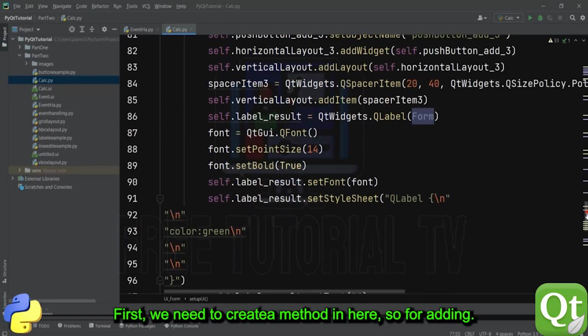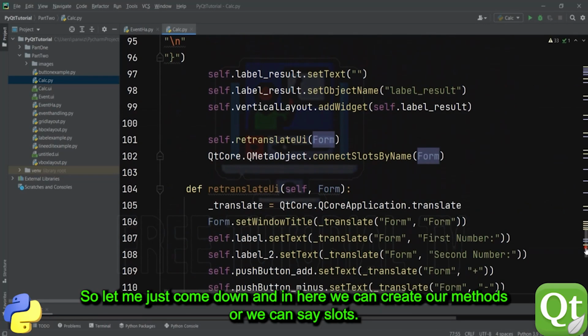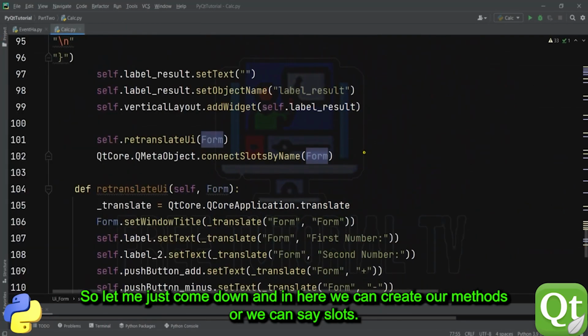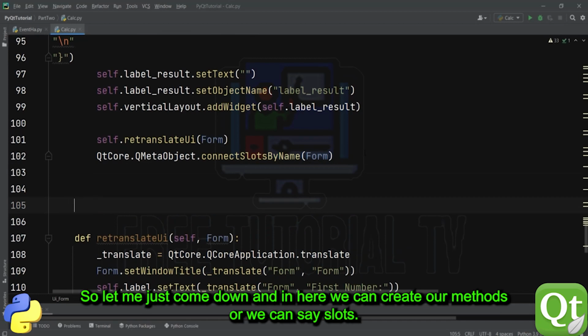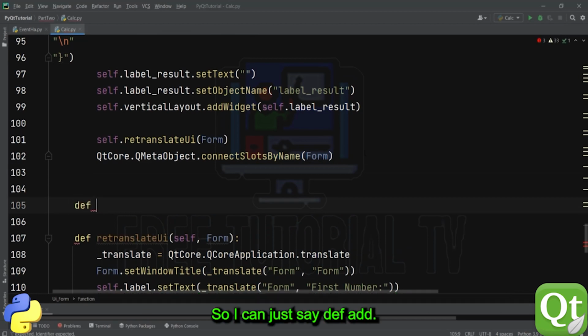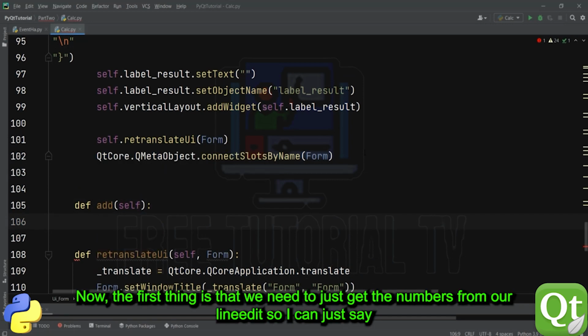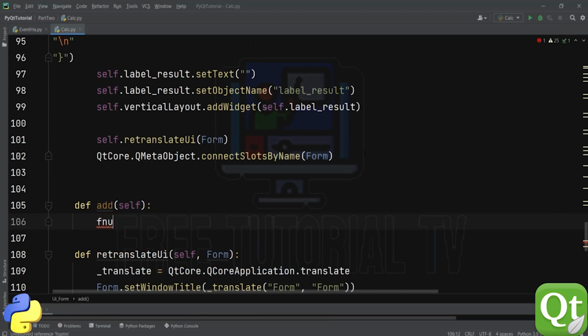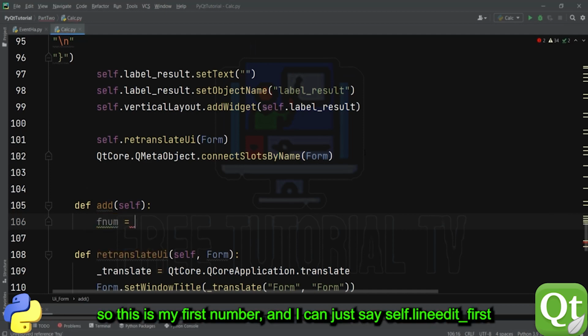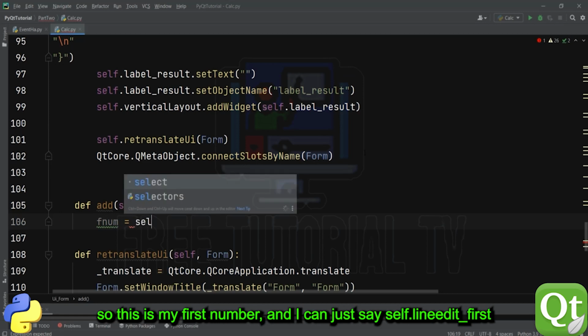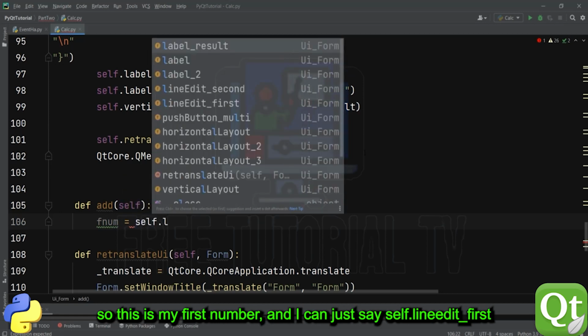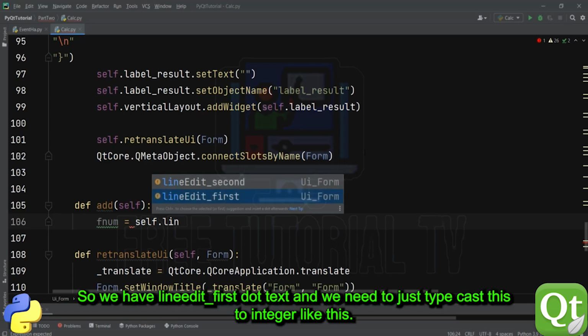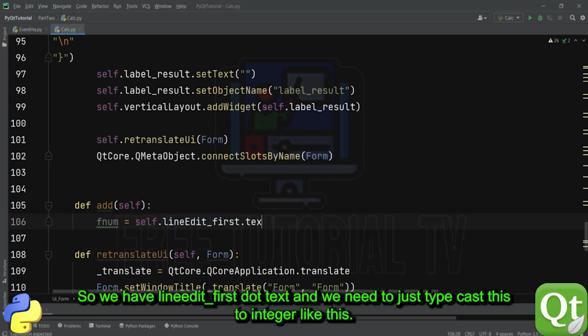First we need to create a method in here for adding. So let me just come down in here. We can create our method, or we say a slot, def add self. Now the first thing is that we need to just get the number from our line edit. So I can just say f number, f number, and then I can say self dot line edit underscore first dot text,